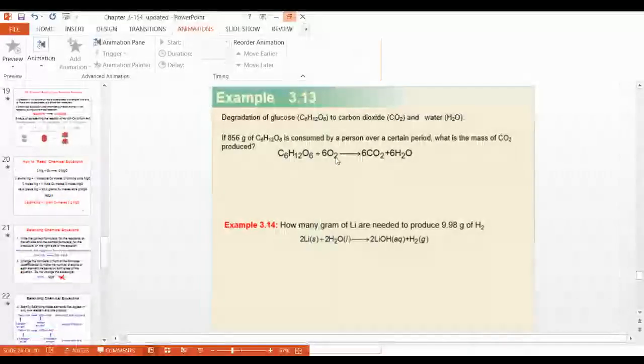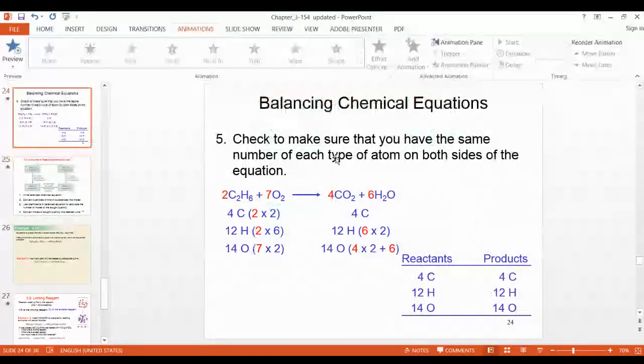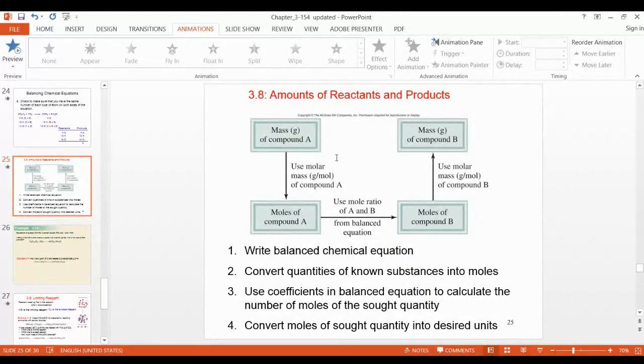Okay, so now this is about the amount of reactant and product. This type of reaction question generally comes up when a chemical reaction is given and you have to determine how much product you formed from the reactant. The quantity of the reactants is given in grams, and the question will be asked: how much product is formed?